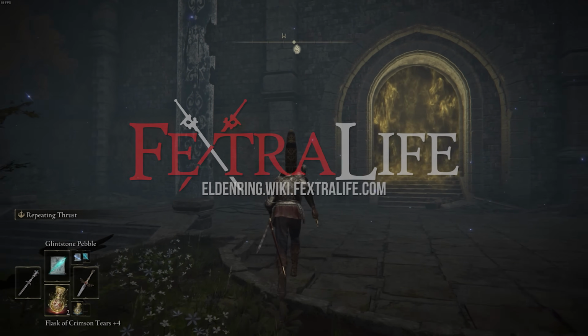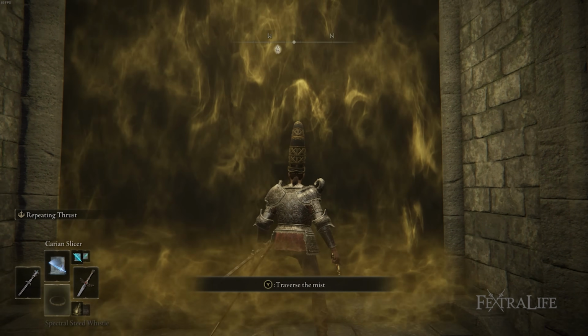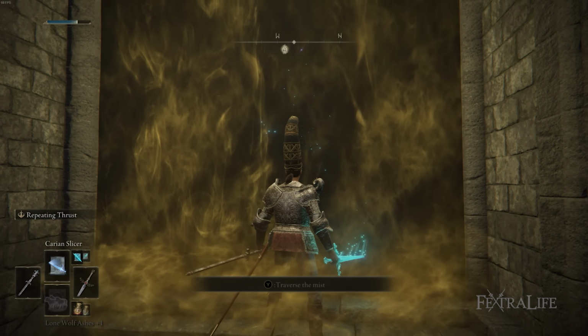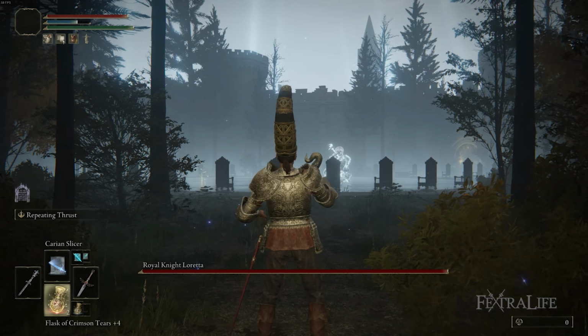The Royal Knight Loretta boss fight is easy or difficult depending on your setup, and you're going to notice immediately that she has a similar moveset to the Tree Sentinel or Knight's Cavalry because she's on horseback. You're going to recognize a lot of those same moves right away, so you should be familiar with how to dodge her